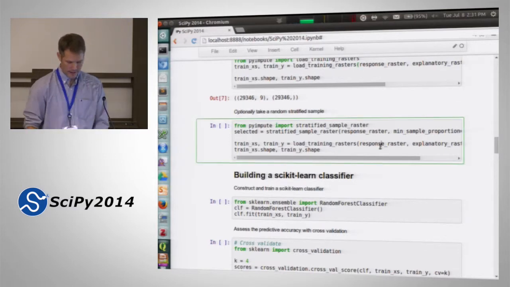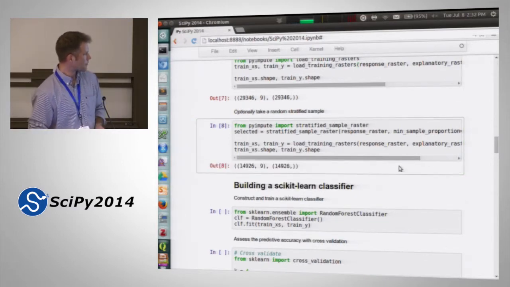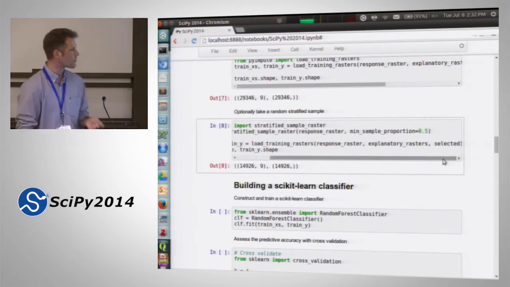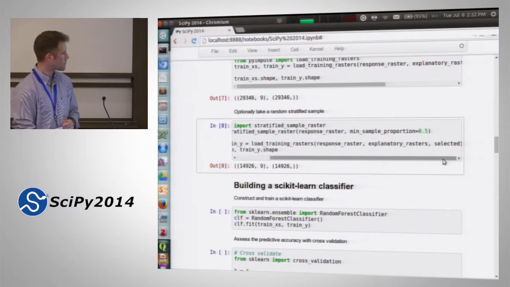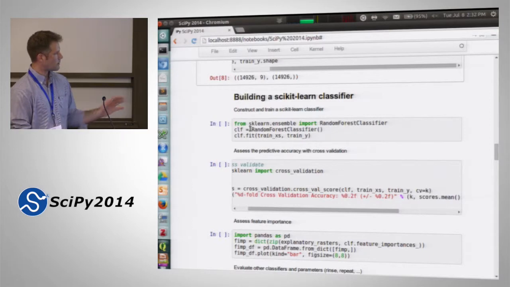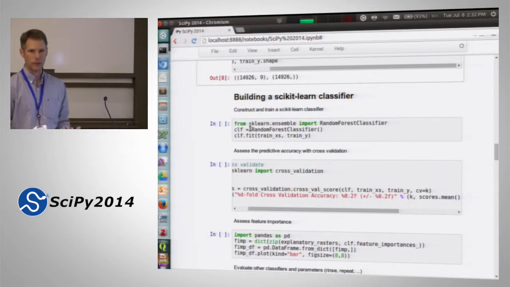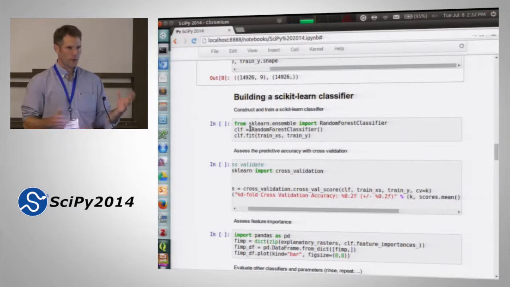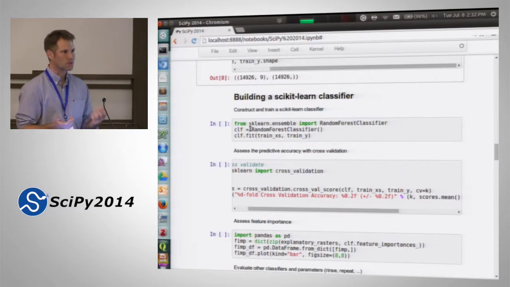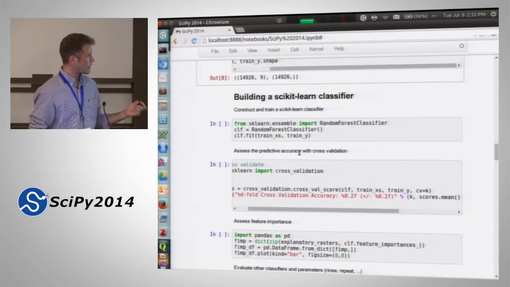We could also take a stratified sample. This is one thing I ended up doing a lot. So we did a 50% proportion stratified sample. It goes through each zone and tries to get about half of the pixels. Now we're out of the GIS world, right? We've got everything into arrays that scikit-learn can work with. So we're no longer really explicitly dealing with space. We're talking about individual pixels as the unit of analysis at this point. So we can treat that just like any other